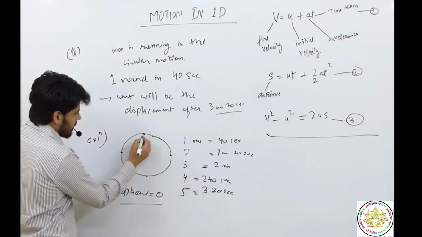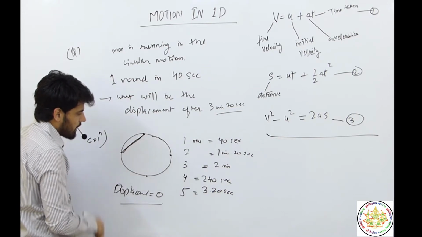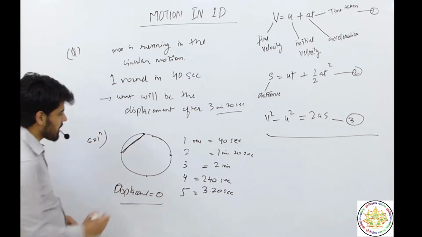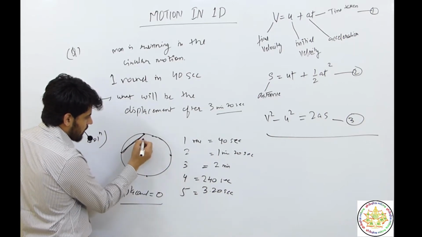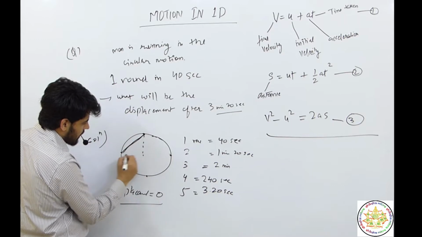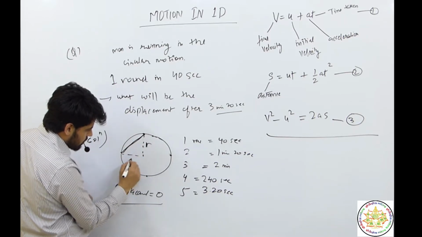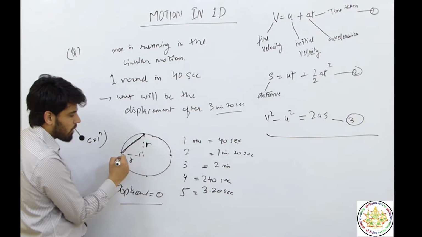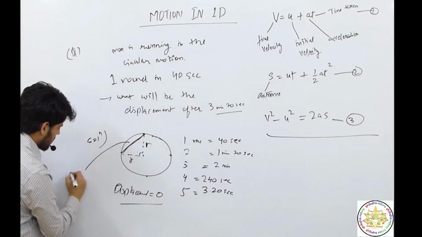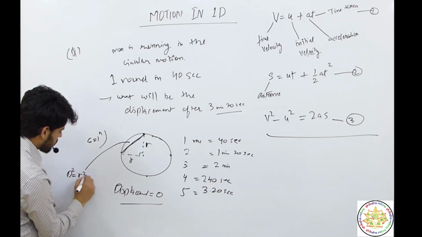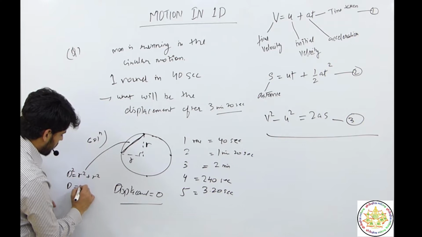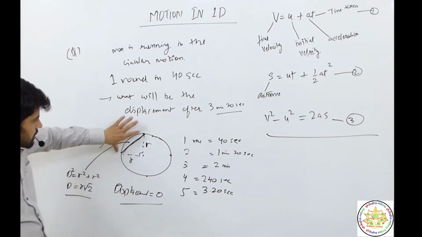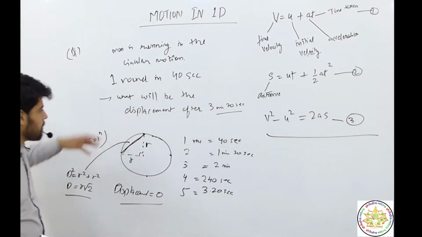The displacement will be there. So how do we find the displacement? Let's go further. Here it will be 2 times the radius, so we double the radius and the displacement comes. If the position were this one or this one, how would we find the displacement? To find the displacement we use Pythagoras. This will be the radius, this will also be the radius, and we will use the Pythagoras theorem: the hypotenuse squared is equal to r squared plus r squared. So this d will be equal to, d squared is equal to r squared plus r squared. So d will be equal to r under root 2. So whatever the radius given, we will just multiply with root 2. Then the displacement for this position can be calculated.